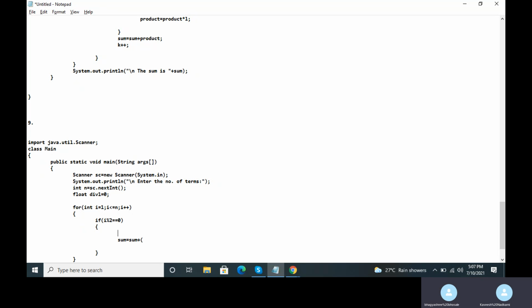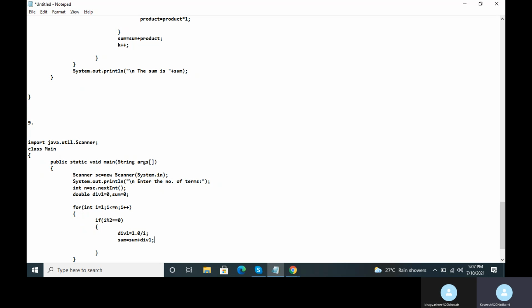First of all, I will find the value of division with div1 is 1 upon i. And if you want the accurate result, you can write 1.0 upon i. So better you declare it as a double variable, as you said. Double div1 is 0 and sum is also 0 here. Clear? This will be sum is equal to sum plus div1.